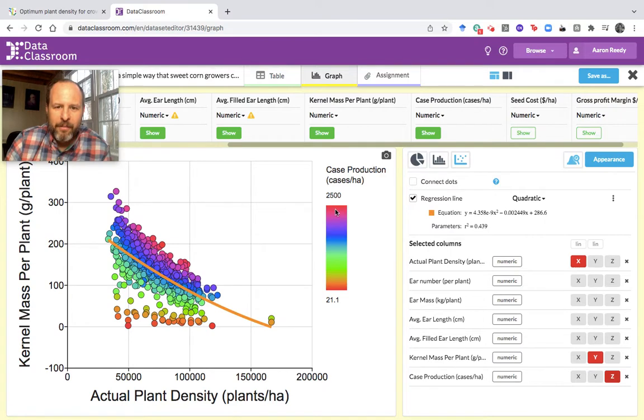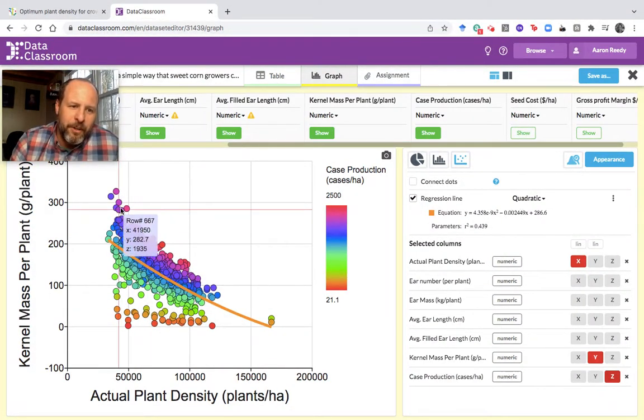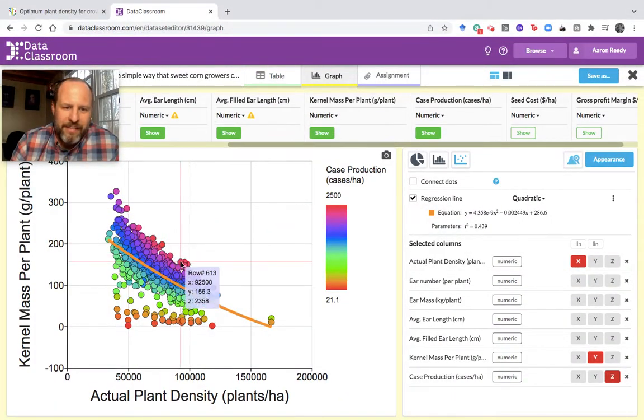So bright red and pink and purple, these are the highest production at the level of the cornfield. And then as we move down into blues, greens, oranges, and this kind of orange red, that's the least amount of production. So what you see here is all of the highest levels of production at the level of the cornfield. They occur in this kind of narrow band that actually spans quite a range of density here